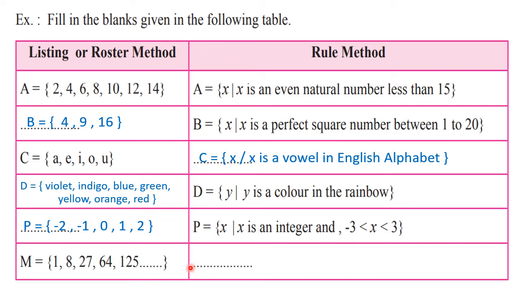Okay. So let us write down how to write it. Let us see. So set m as it is taken equal to, in curly bracket we are writing x, then slash stands for such that. Then we are writing the rule that x is equal to n cube and this x belongs to natural number, or you can write down n belongs to natural number. Okay. That means we want natural numbers. We want only positive numbers. We are going to think of only positive numbers. So here either you can write down x belongs to natural number or you can write down n belongs to natural number. Then also it will do. Okay.